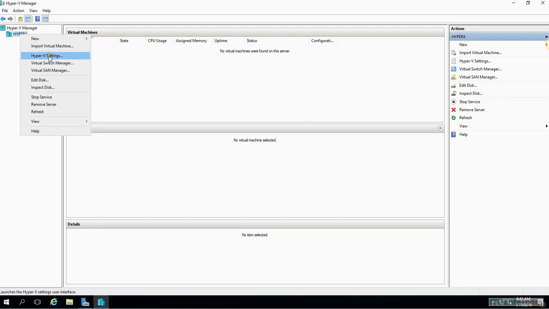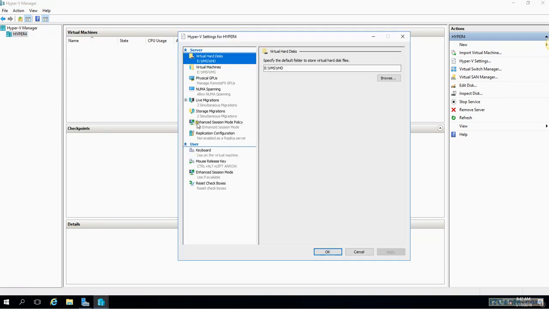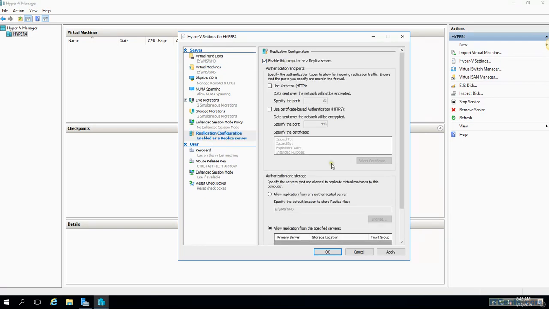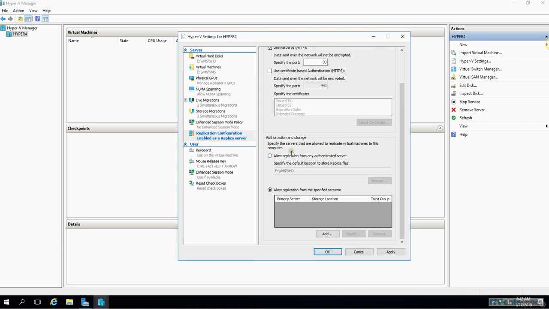So if I go to Hyper-V settings here, I will be able to enable replication using Hyper-V Manager. So what I'm going to do is enable the server as a replica server, and for the type of authentication, I would say Kerberos HTTP,